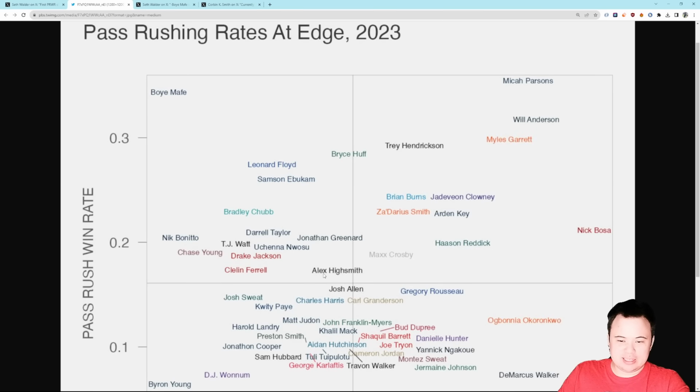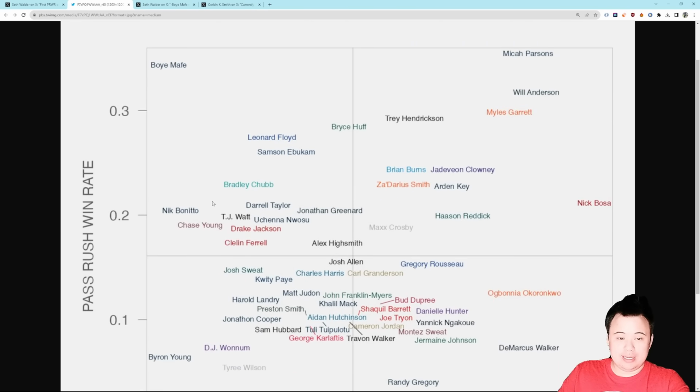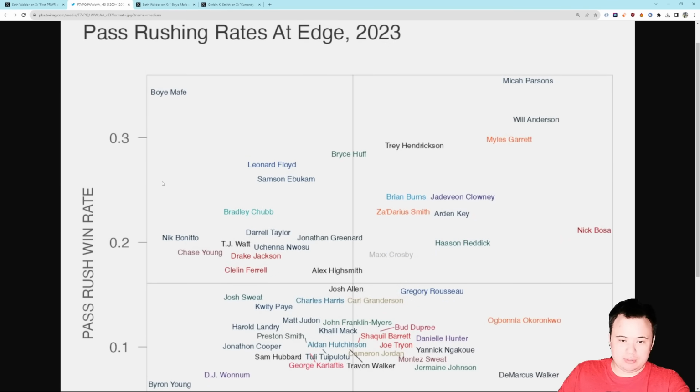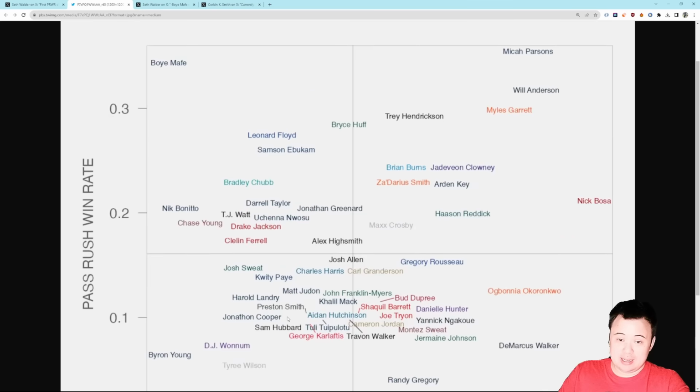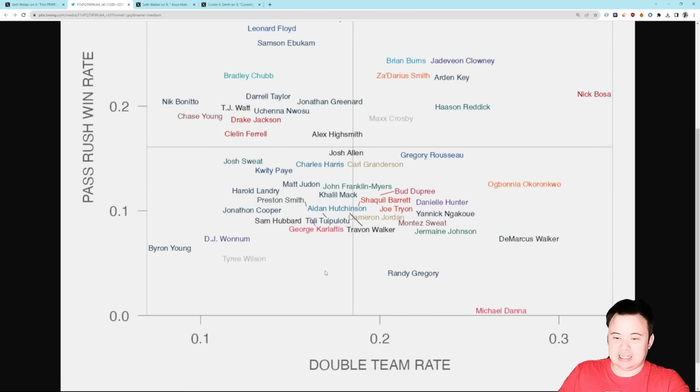But the other thing that I think is interesting here is the double team rate. Obviously, the pass rush win rate data is awesome, but on the double team rate, Mafe basically never gets double teamed. It happens a tiny percentage of the time. Daryl Taylor is getting double teamed a little more often, but still somewhere around 13, 14%. And Uchenna Nwosu slightly more, maybe 14 to 15%. So these three guys, the three most utilized edge rushers on this team, are facing a lot of single teams